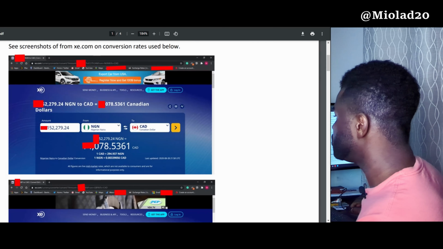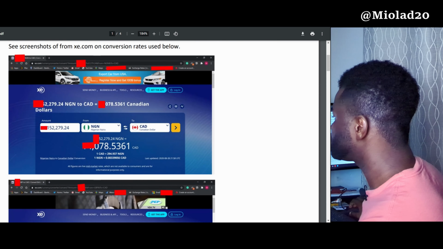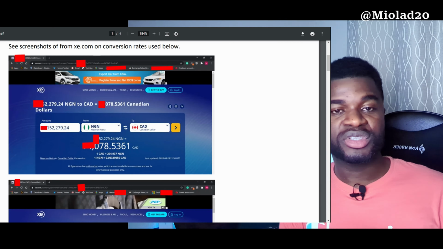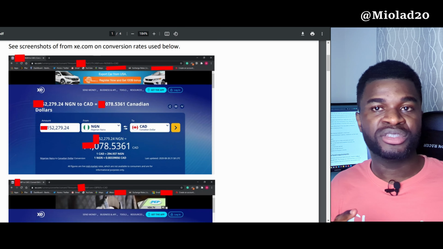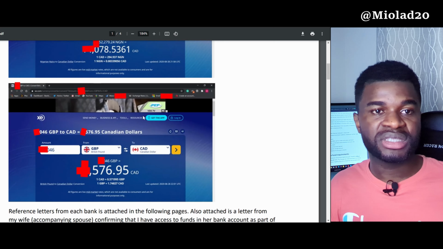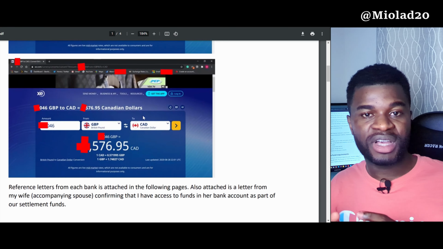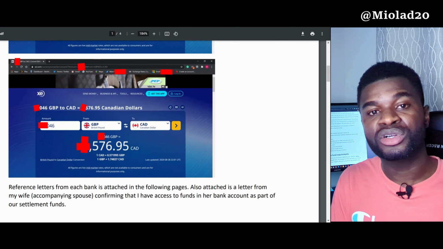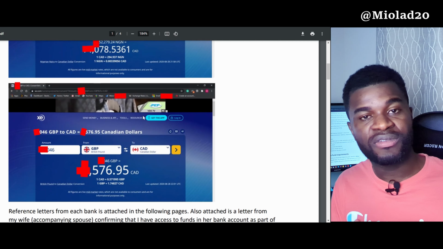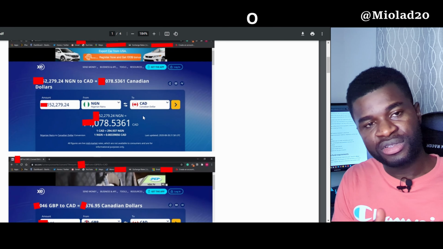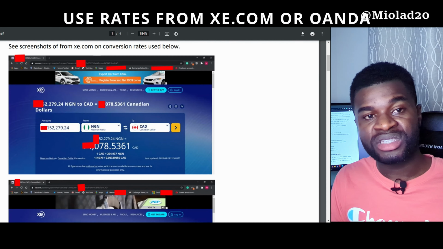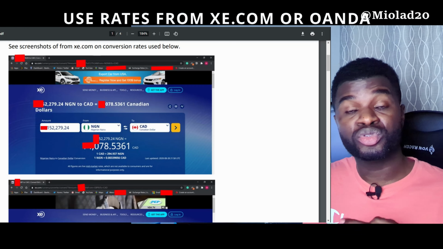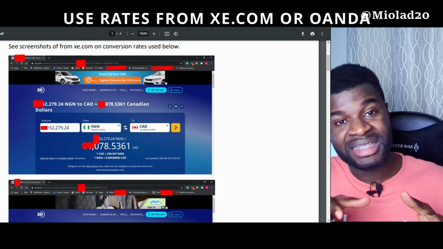The second point I want to make here is that you should show a screenshot of the conversion rates you used. This is one major place where people make mistakes, by just using a conversion rate and not explaining what the conversion rate is. Of course, the visa officer knows that you don't spend Canadian dollars in your country, so they also have a conversion rate which they use. But the truth is, you know that exchange rates are never static. It varies from one amount to the other. So it will be good for you to show the conversion rate you used as at that day that you